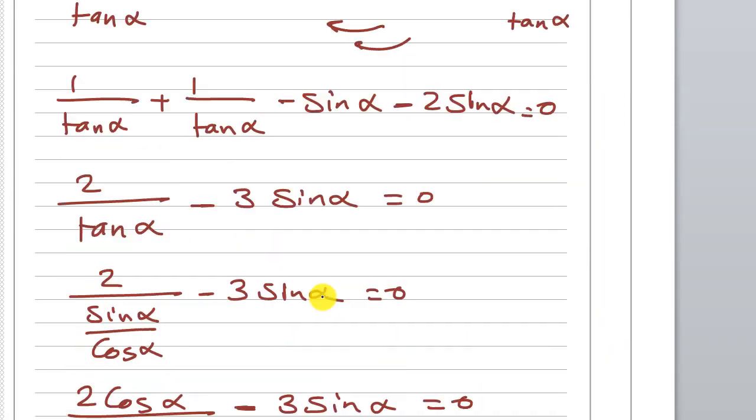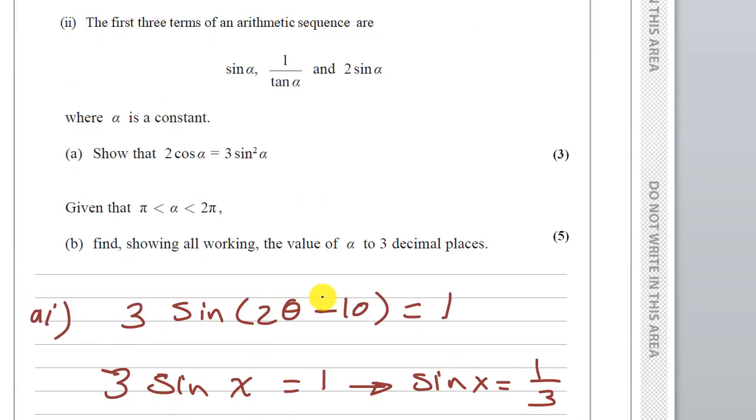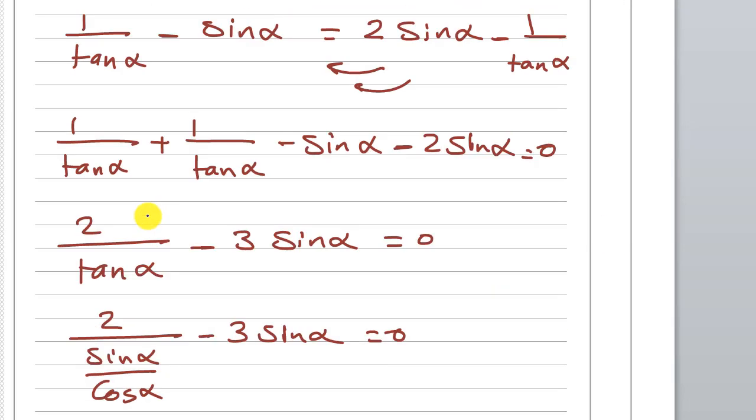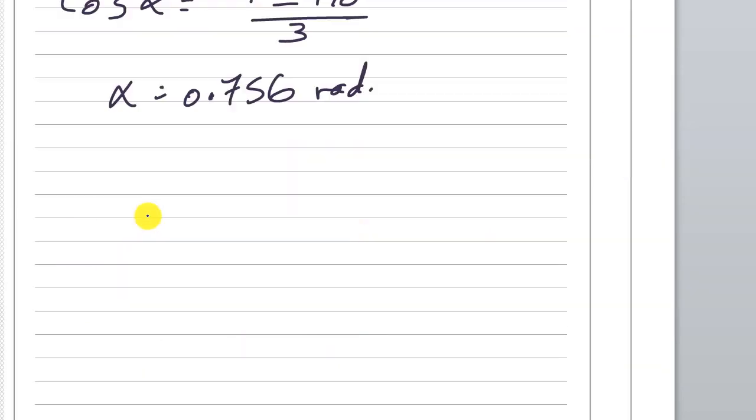The question said that what? Alpha is bigger than pi and less than 2 pi. So the answer here is wrong. This is not our alpha. Alpha is bigger than pi, 3.14, and less than 2 pi. So alpha is equal to 2 pi minus